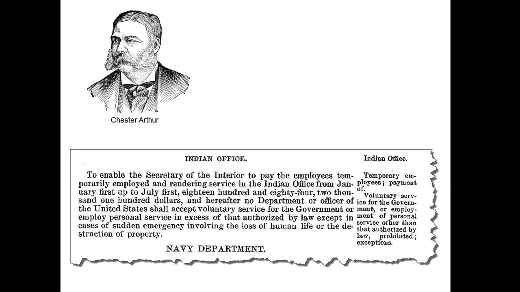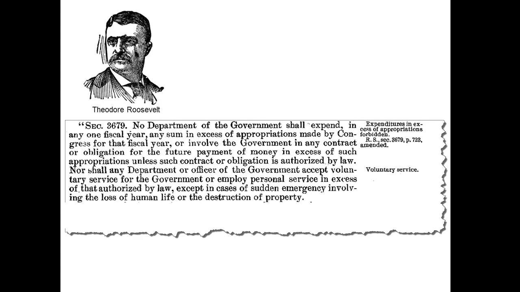Note also the use of the term hereafter in the legislation. Hereafter means that the prohibition continues into the future, even if the language originally appeared in an annual appropriation act. Keep this term in mind, as I will return to it a bit later. During the term of Teddy Roosevelt, Congress thought that this prohibition was important enough to add it to the Anti-Deficiency Act in 1905. The language used at that time repeated the original 1870 language and added the amended language concerning voluntary service. And note this section number,